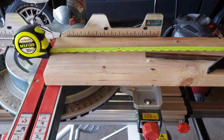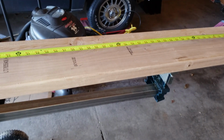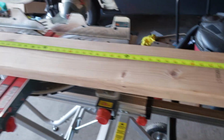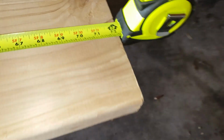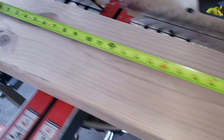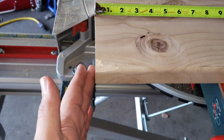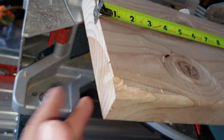This is just a thrown together box. So now that we have the 2 sides done, let's talk about the 2 ends. So again, 6-foot board and some change. This end's nice and square. Not the prettiest end. You can kind of see like the saw blade cut in there, but I'm gonna leave